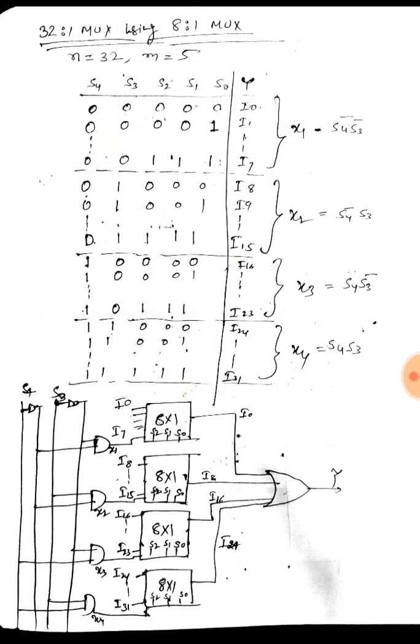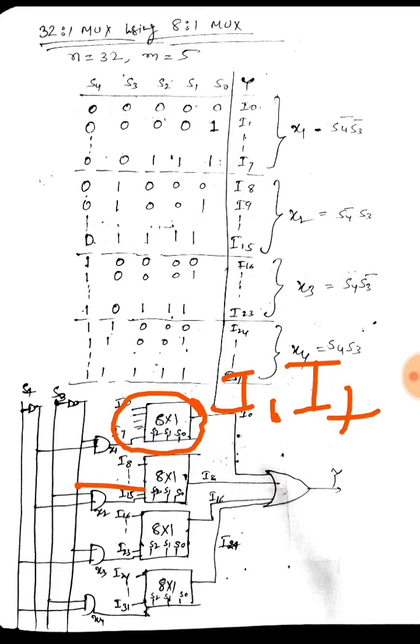If I am using an 8:1 mux, then it will have 3 select lines, which we can use as S0, S1 and S2. Now if I am using an enable signal, and this mux is enabled, then I will get the outputs from I0 to I7.